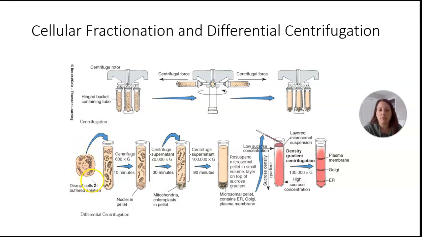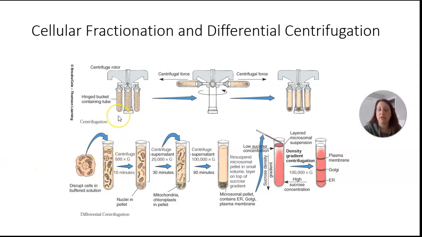What we're going to do is take these cells and put them in a test tube with some buffered solution, probably one that contains some kind of detergent. What's going to happen is we're going to break the membrane, and we're going to end up with all of the organelles, all of the cellular contents, inside the tube. So now you took your whole cell and broke it open, and you've got all the parts and pieces. The next thing is you have to start to separate out the components.